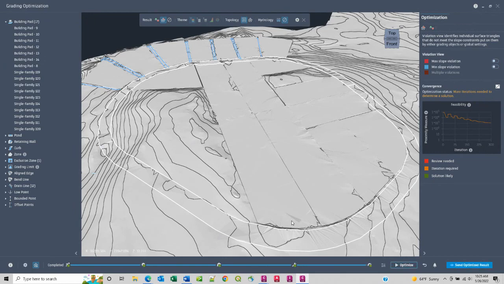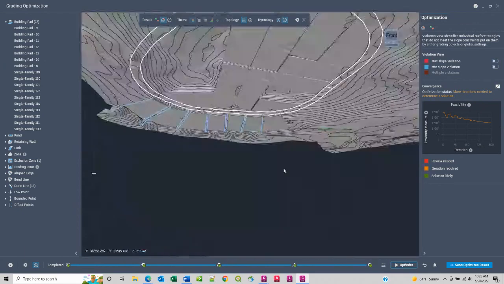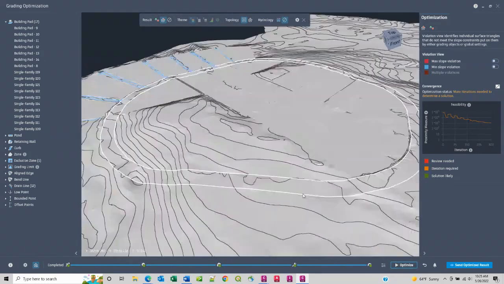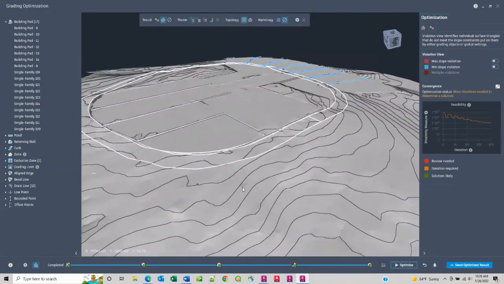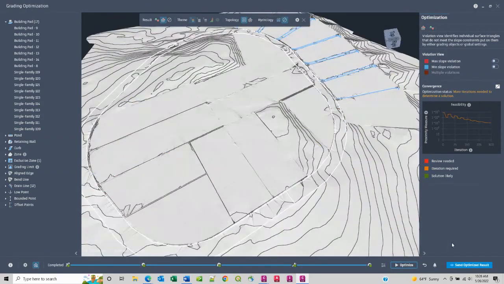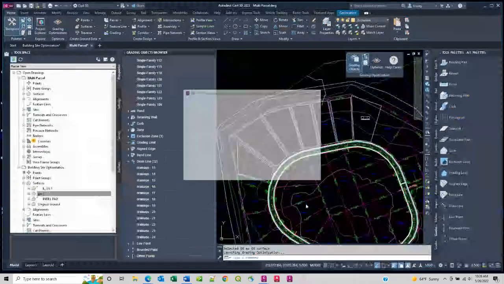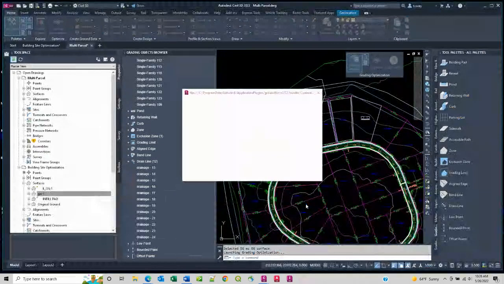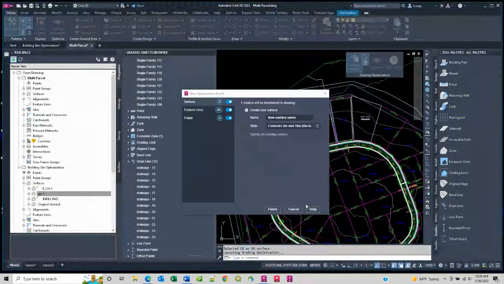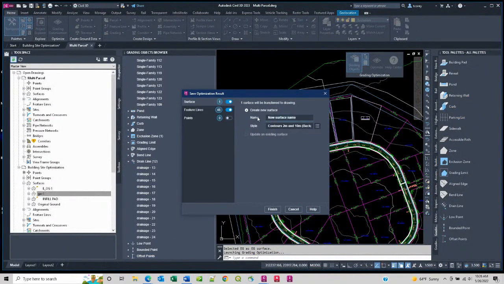Okay, so it's done, and I can look at it underneath, top. Okay, so that looks pretty far out, right? Okay, so let's send that back to Civil 3D. Okay, in Civil 3D then, what do I do with the new surface that's coming in? Do I want to add to an existing surface, or do I want to create a new? I'm going to create new